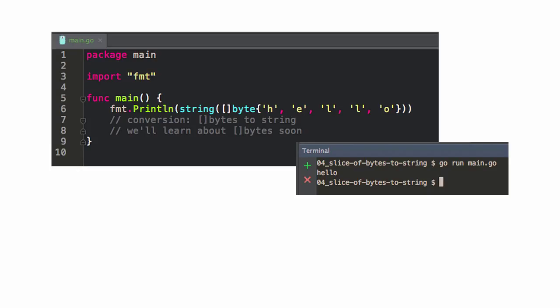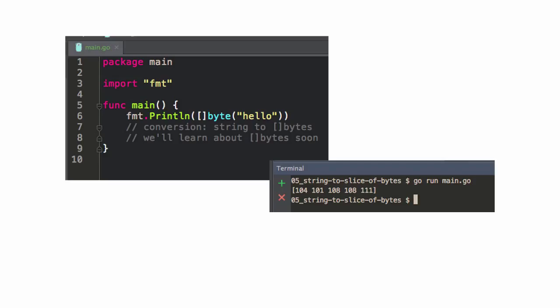And here we're taking a slice of bytes, and we're making it a string. I don't know how that'd work if you drop Chinese characters in there. You might try it and find out. And here we're taking a string, and we're making a slice of bytes. So different conversions.